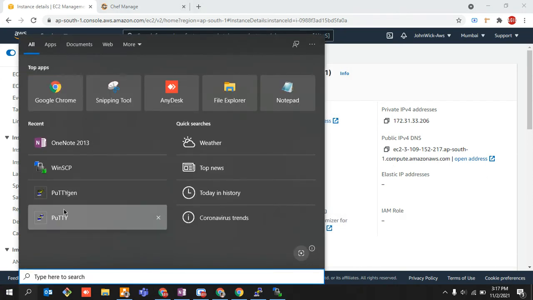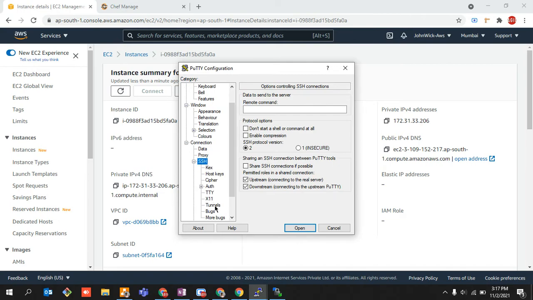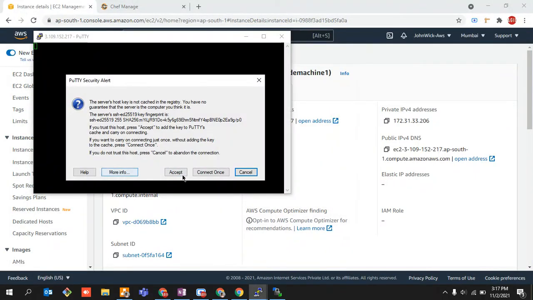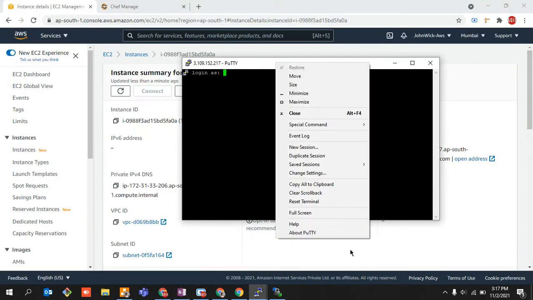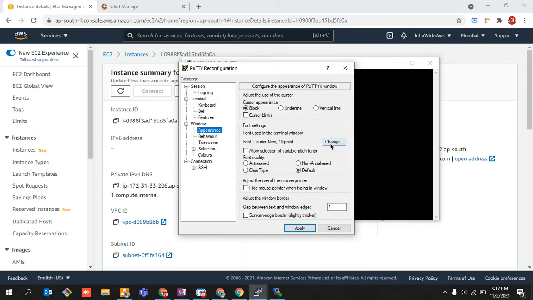Copy it. Go to the putty. Control V, SSH, and then auth. Browse. Node first. OK. Accept. Change some of the basic settings. Let's say appearance change.